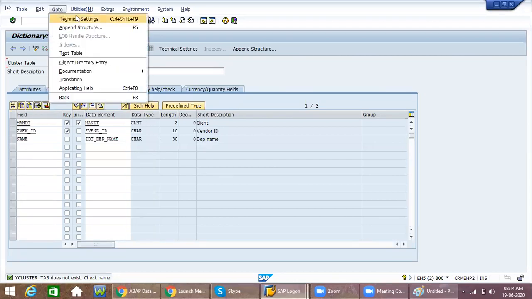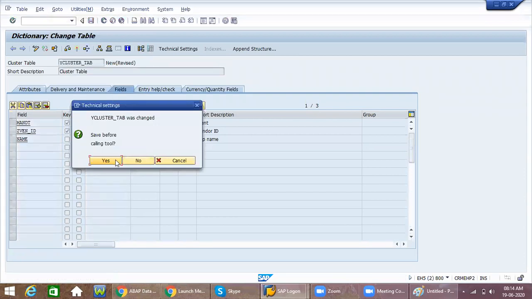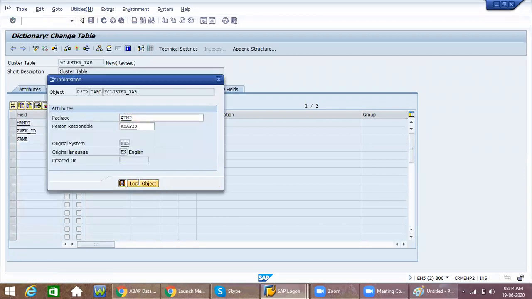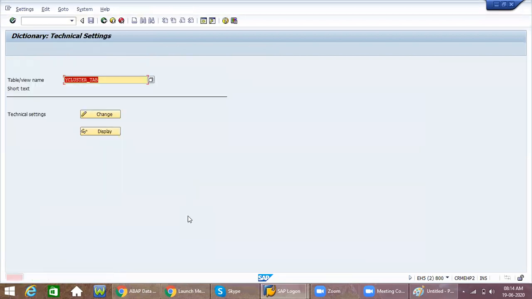Go to technical settings. The table name is long, isn't it?